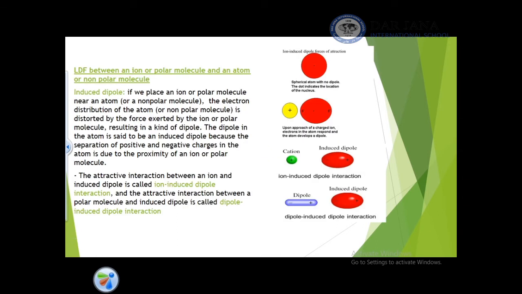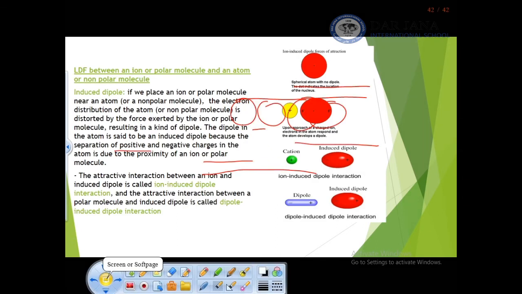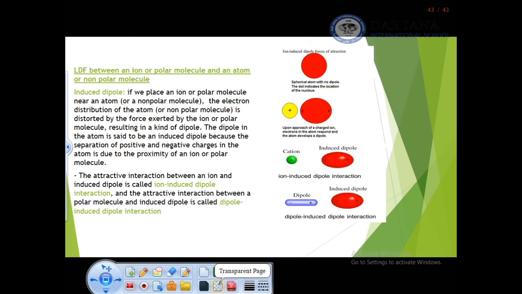Now we will talk about the LDF between an ion or polar molecule and an atom or non-polar molecule. Okay? So what's the meaning of this? We will talk about it now. Okay? So if we place an ion or polar molecule near an atom or a non-polar molecule, the electron distribution